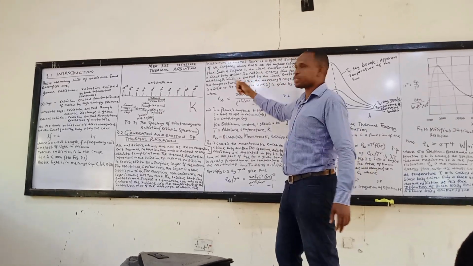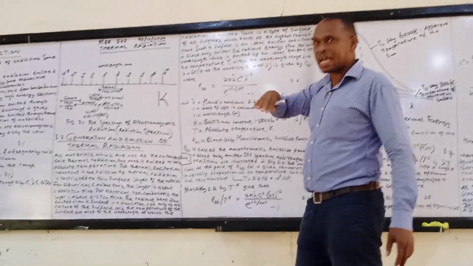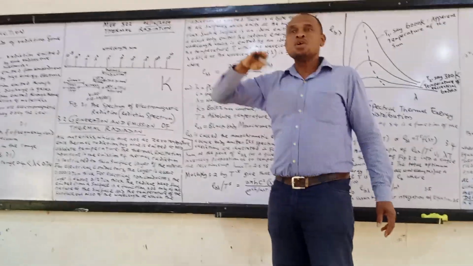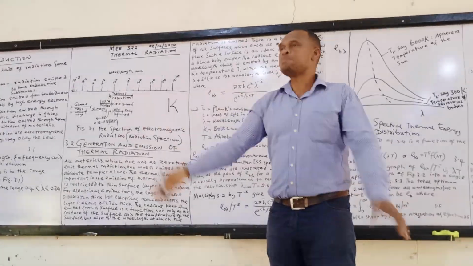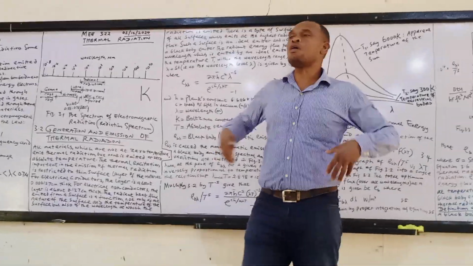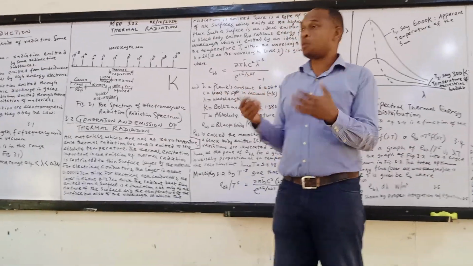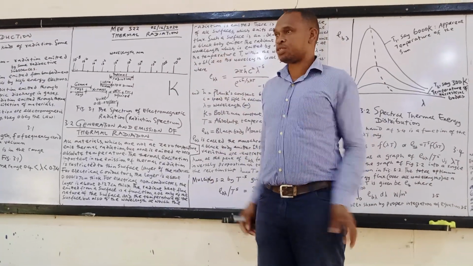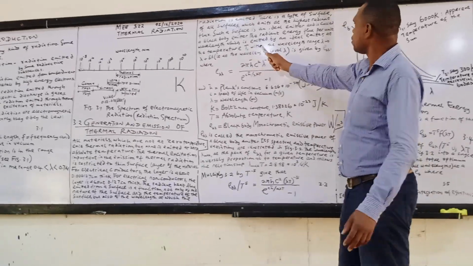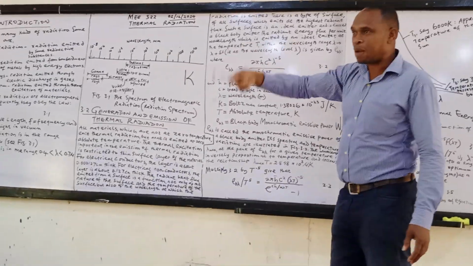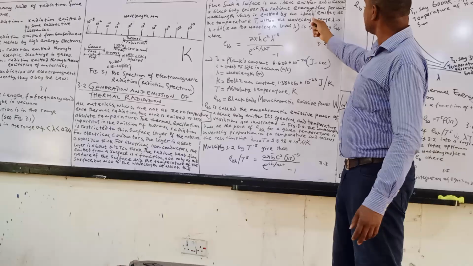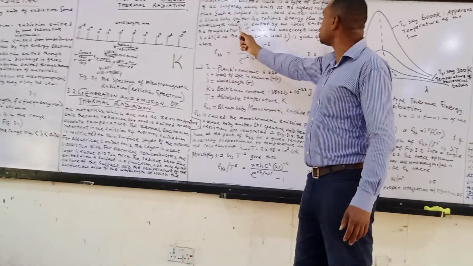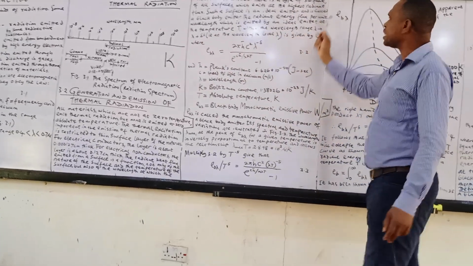And that blackbody is what? An ideal emitter that emits at what? Let's assume 100%. It emits all the radiation and absorbs all the radiation. So the blackbody is an emitter and also a blackbody absorber. So the radiant energy flux per unit wavelength, which is emitted by an ideal emitter at